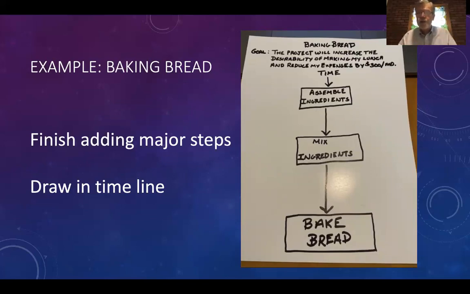Doesn't require a lot of thinking. And I know that each step is more involved than just what's written in the big step. Okay? So I'm going to assemble my ingredients, I'm going to mix the ingredients, and I'm going to bake my bread. Now, we're also going to draw a line from top to bottom, right down the middle of the page, and notice up at the top, I have it labeled time. That represents the passage of time between each of those major steps. Okay, once I've got that drawn in,